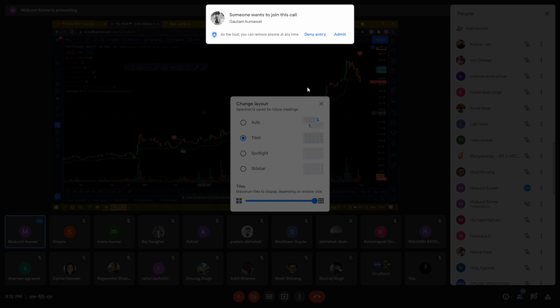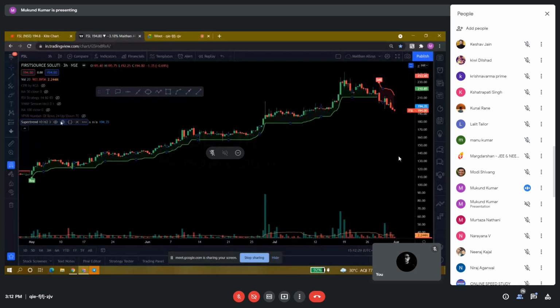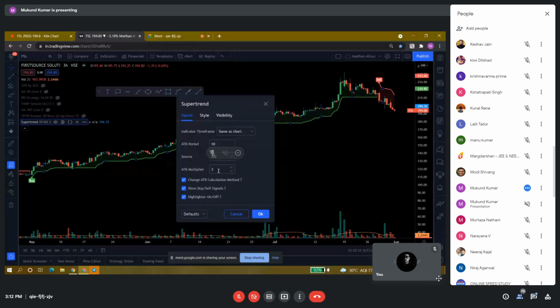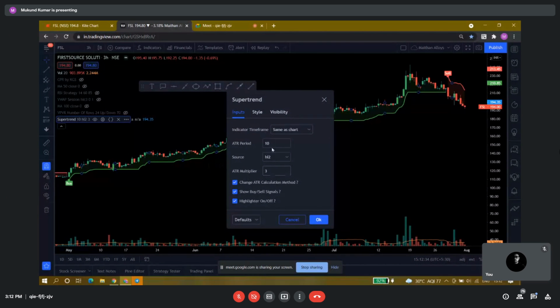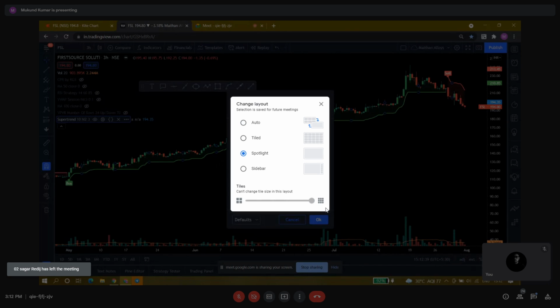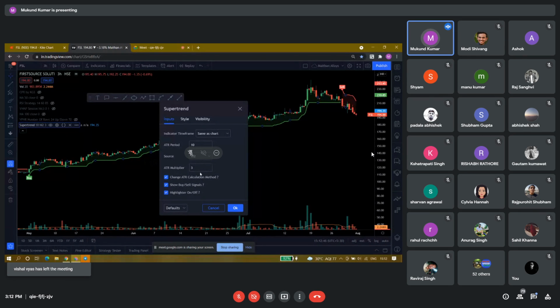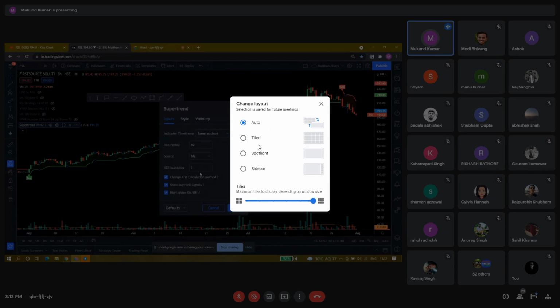For swing and positional trades, we will use the 3-hour chart, and our setting will be 10 and 2.5 in general, however, the default setting is 10 and 3. For swing and positional purposes, we will use our setting as 10 and 2.3. However, for intraday trailing stop loss, we will use the default setting of 10 and 3, right? We are not changing any settings in this super trend indicator.